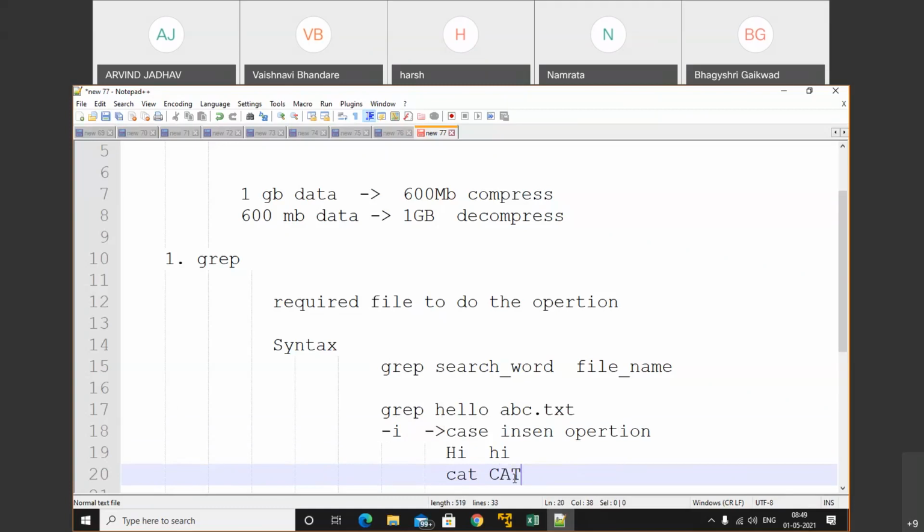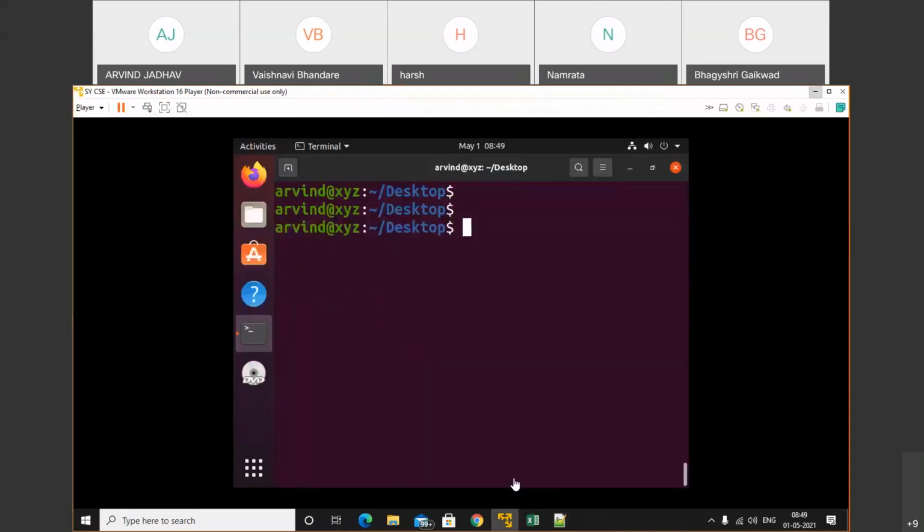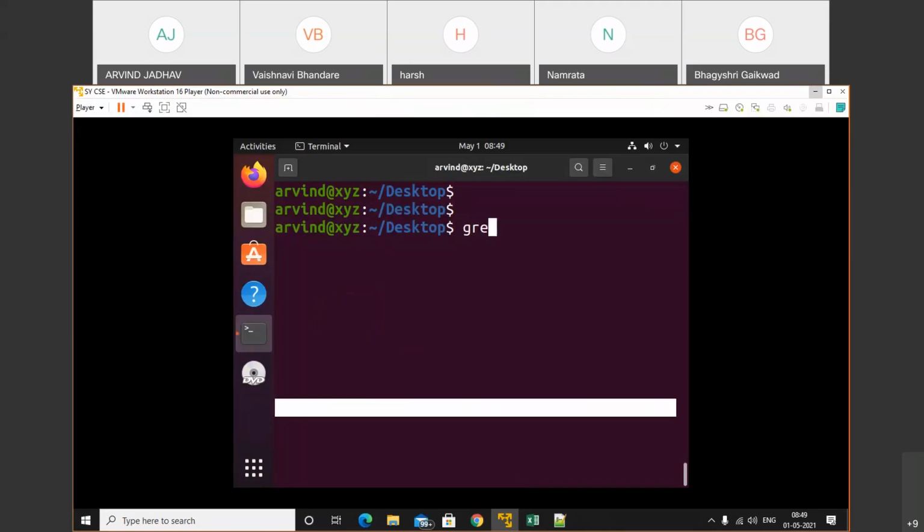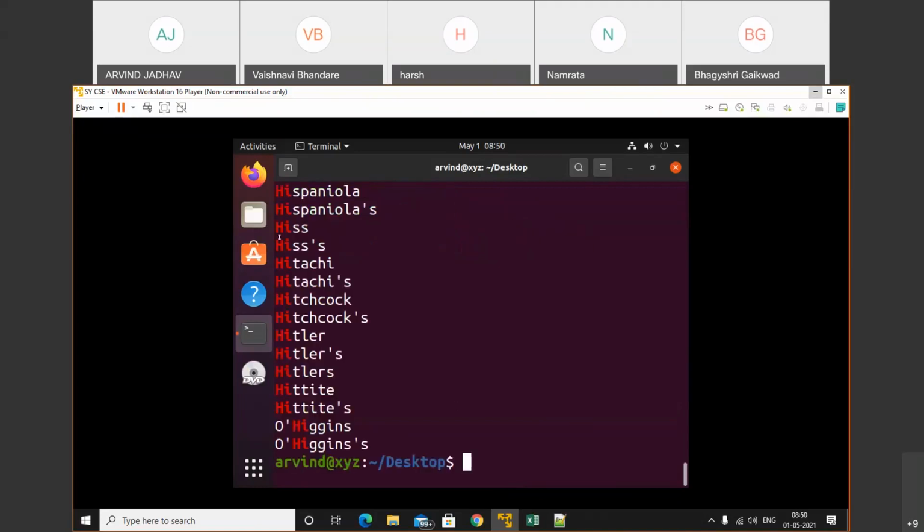When we do not pass that option, at that time we'll get only the particular letter case. For example, grep capital Hi in words. See, we don't have that word. With small hi, see, we get that word, but we get that word with the similar expression only.